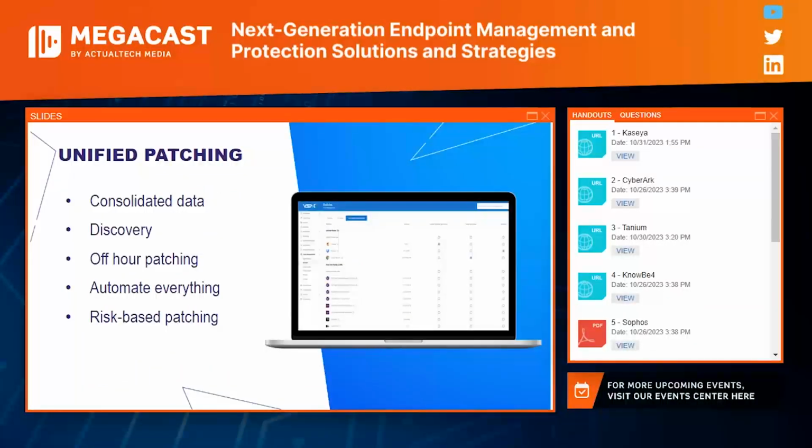So let's dive deeper on patching. How can an organization gain or even regain the upper hand on vulnerability management? It starts with good asset management. You need that up-to-date asset inventory so you understand if your organization is impacted by a new vulnerability. VSA offers this through deep, rich, and continuous discovery. So, if you've got that marketing laptop kicking around, we're going to know about it because we're always looking for new endpoints. We've got off-hours patching as well. We can wake an endpoint up in the middle of the night, patch that bad boy, and turn it off again like we were never even there.